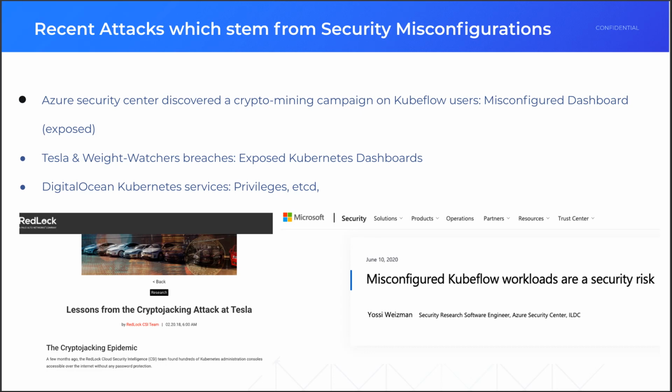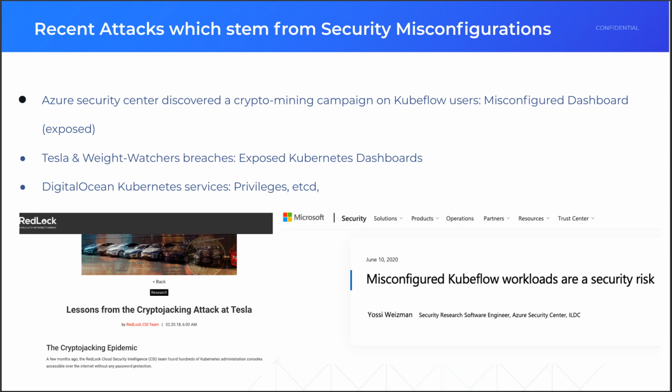potential risk. I think it started back in 2018 when Redlock discovered, as you can see on the left side, the lessons from the crypto jacking attack on Tesla. But even in 2020, after the industry and the users have become more mature and more aware of it, maybe the Kubernetes Dashboard by itself is not exposed anymore, but applicative dashboards that have a lot of power and do many things are still left exposed, giving potential attackers a way to deploy or run multiple jobs or multiple crypto mining containers. And we'll show you a simple open source tool that can show you all those exposures instantly and